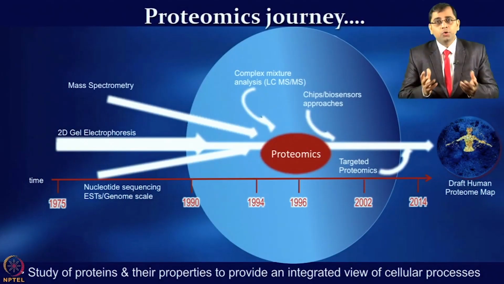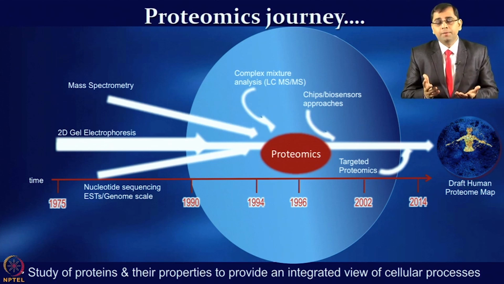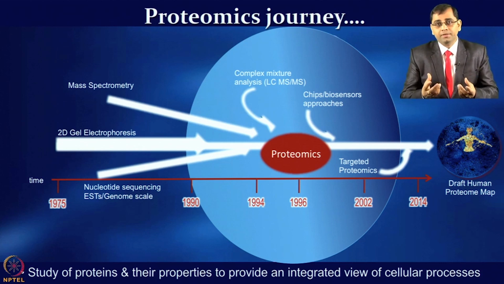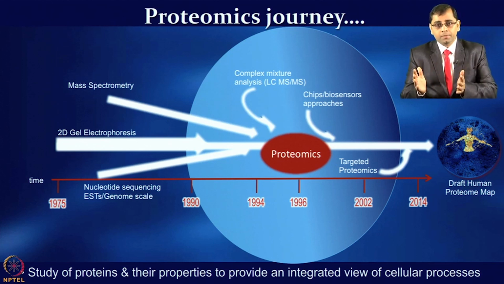Here I am depicting the proteomics journey, which started from the 1970s and started with a simple experiment of how to separate the complex protein mixture using two different properties, their molecular weight and isoelectric point, which made the two dimensional electrophoresis. And then along with that there were different developments happening in the field of mass spectrometry and various types of sequencing projects, ESTs and various types of nucleotide sequencing. These were all also happening in parallel, and together all of those made huge progress in the field of omics around 1990 to 2000, when many of these things